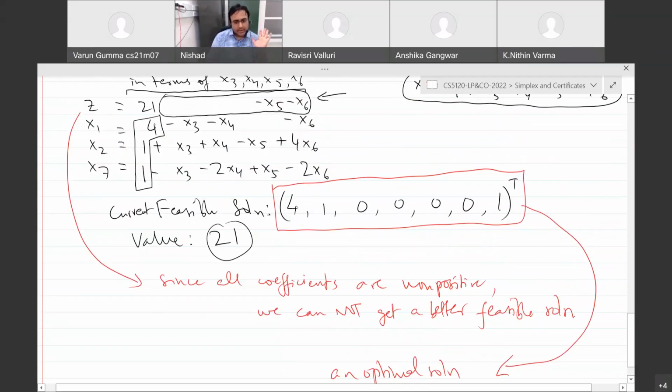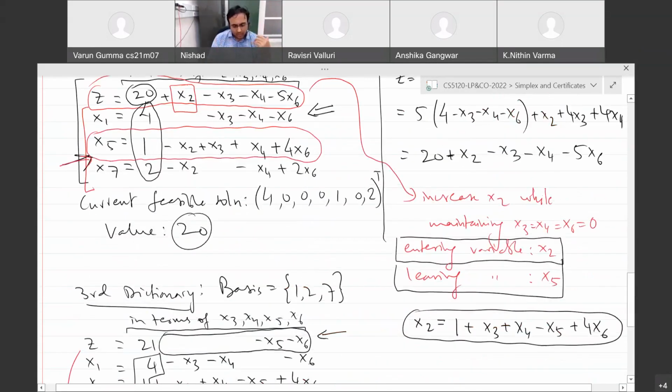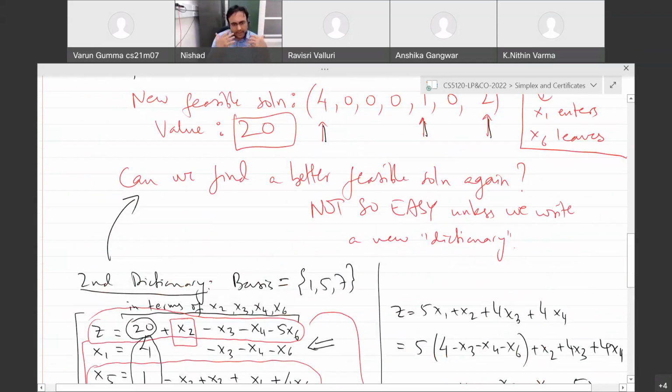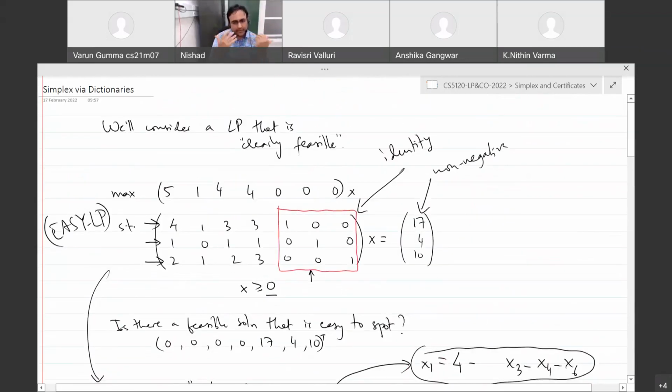good. So this is basically how the simplex method works. Now, different texts use different ways of explaining it. I personally find dictionaries to be one of the easiest ways to execute the simplex method on paper. Of course, typically people don't do it on paper. You have computer programs to do it. But I also find it one of the easier ways to understand what's going on. In the text we are using, GKT,